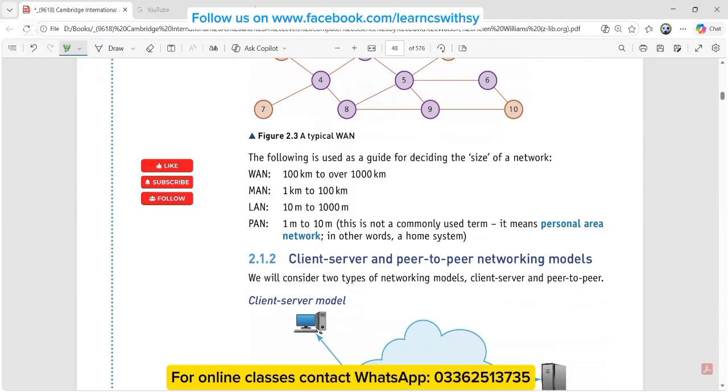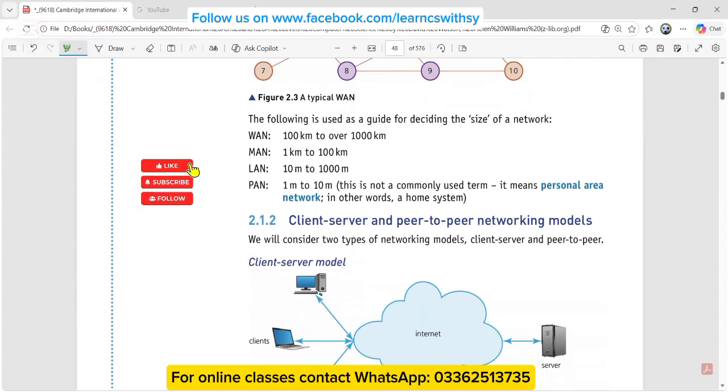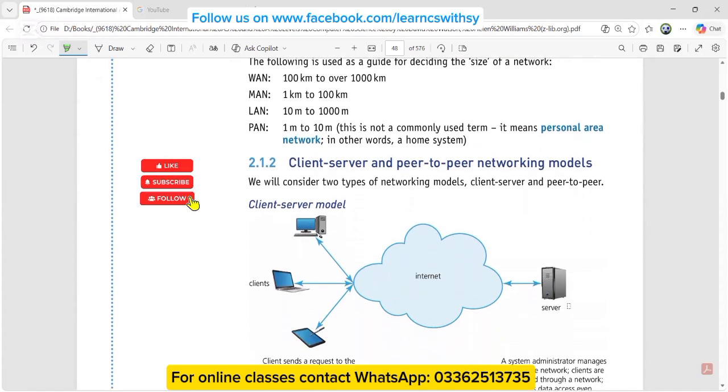Now just try to understand the concept, because questions are coming in different styles. So you need to be very clear, and then I'll give you a brief hint of the questions also. As the name implies, client means the one that is asking for the resources, and server is the one giving the resources. This is the diagram that you can see here. The server is positioned at a distant location, and through the internet, all the connected computers, or the clients, are accessing that particular server. You can see they have drawn a desktop, a laptop, and a tablet. All these are accessing the server through the internet.